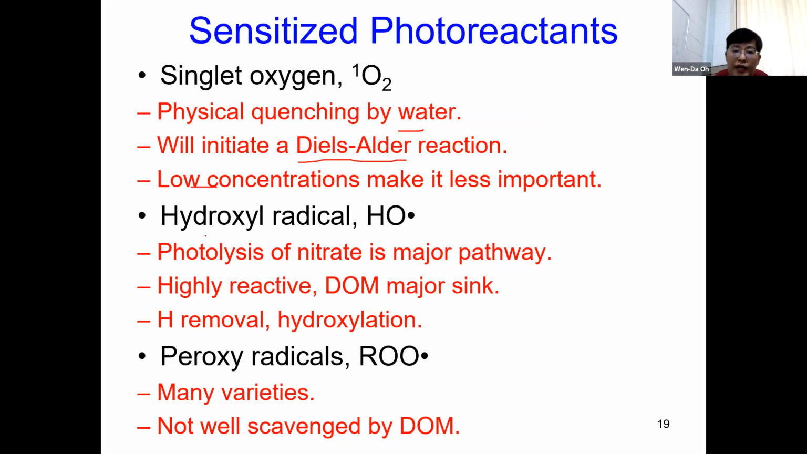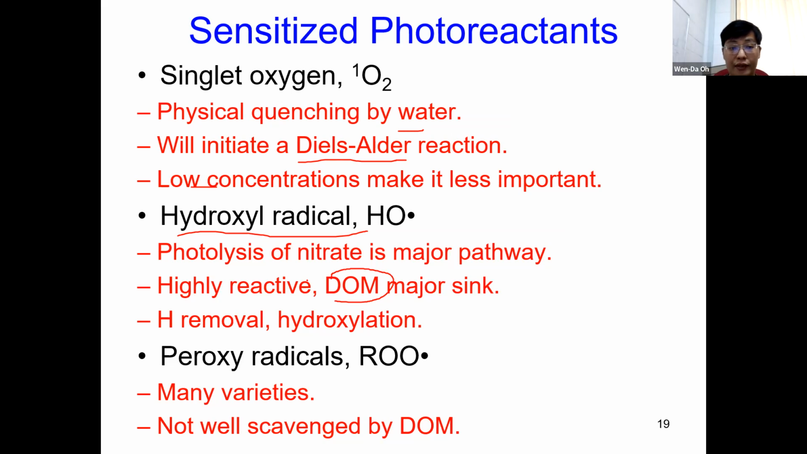And then we have hydroxyl radical. This hydroxyl radical is very, very powerful. It can react with many things, like DOM. DOM is dissolved organic matter. This is found naturally. In our water, we have a lot of these different kinds of organic molecules, and most of the time they are natural organic molecules. The natural organic molecules consist of many kinds of different chromophores, which can absorb